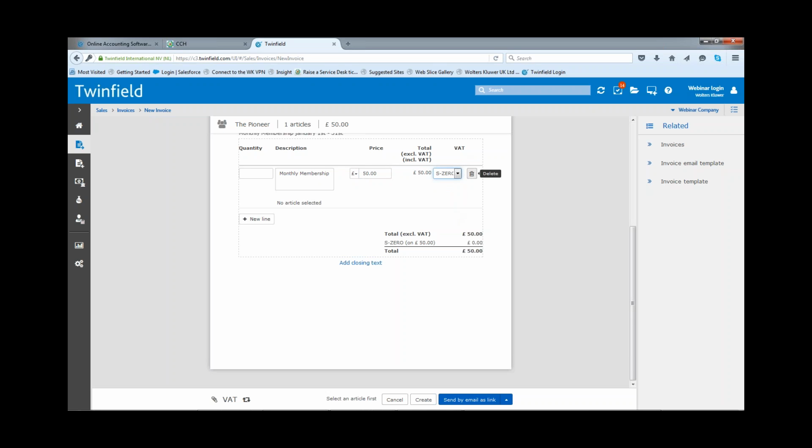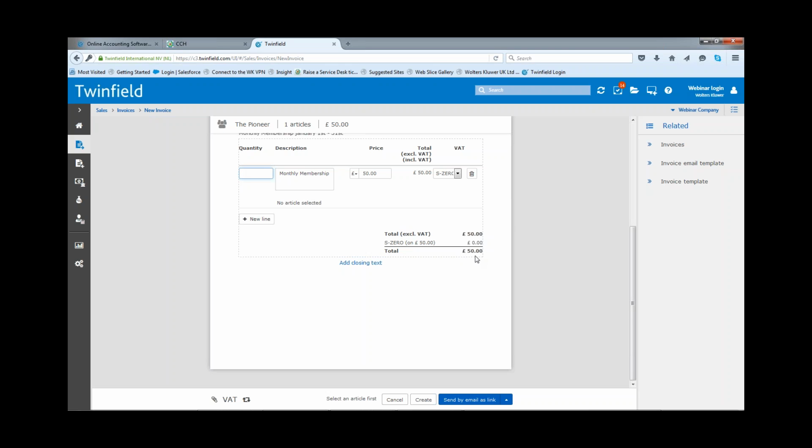Next to the VAT, you also have a delete icon. So if the line that you're working on is no longer needed, you can throw it away. If you need to add in another line, you simply click the plus line option and it will produce another line for you. I'm just going to now delete that line and it cleanly takes it away. Here we have our VAT being displayed as exclusive. You can see that it gives us a total